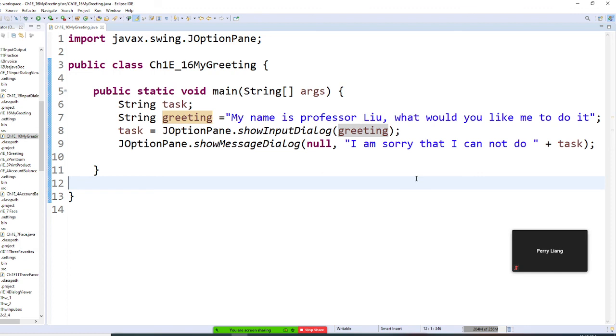Number two, you get the result from the input box and concatenate that result, the output, to your reply. Again, this is not a perfect program because we didn't do anything with selection. But this is chapter 1, we don't want to kill you for that. So that's your assignment for this project. I hope you like it.